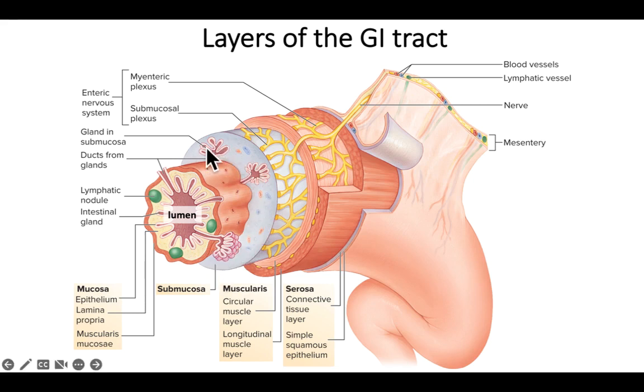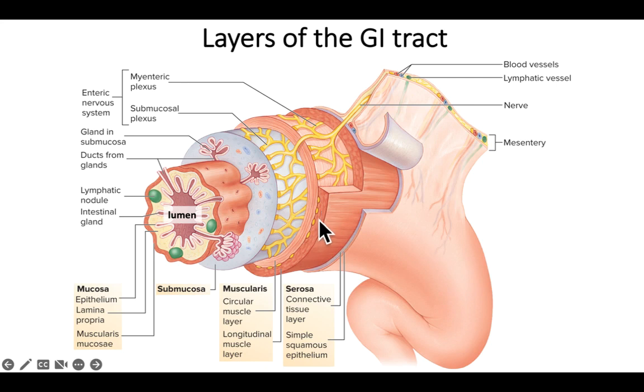And the submucosa is going to be largely connective tissue. It's also going to have some glands in there, and then nerves that will control the glands. The nerves that control the glands are known as the submucosal plexus. So that's these neurons shown here in yellow. So that's the submucosa. Then you go to the muscularis, and the name suggests that the muscularis must be made